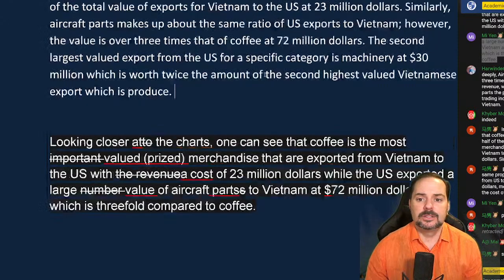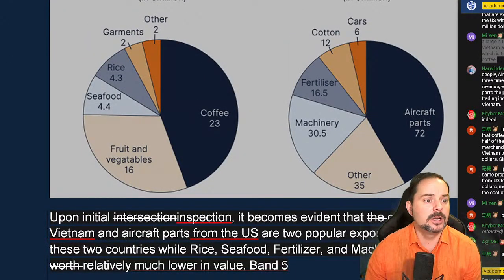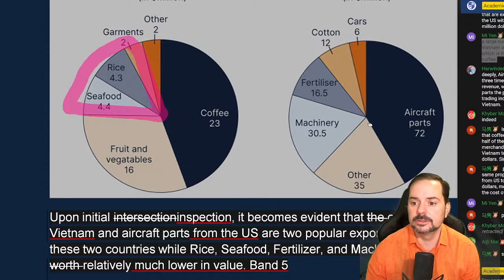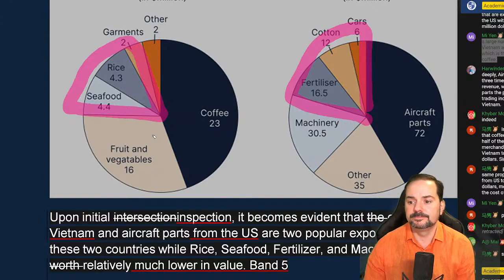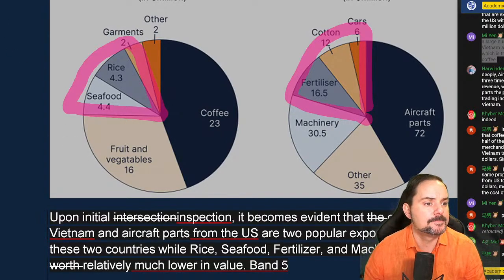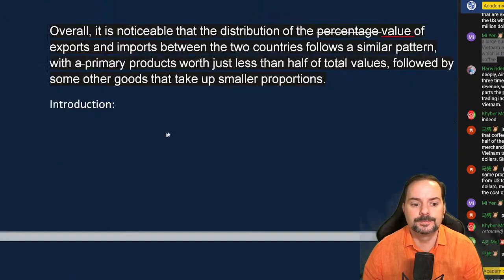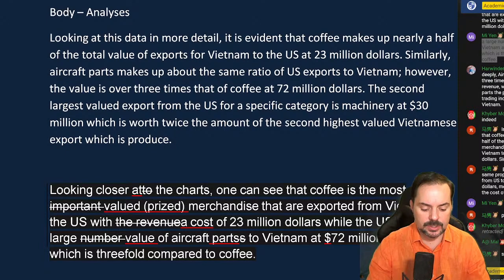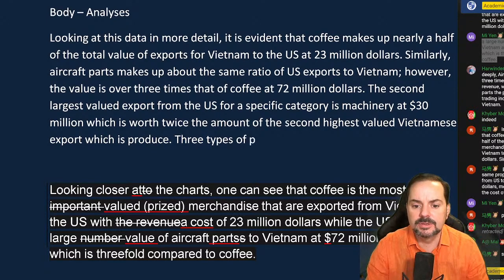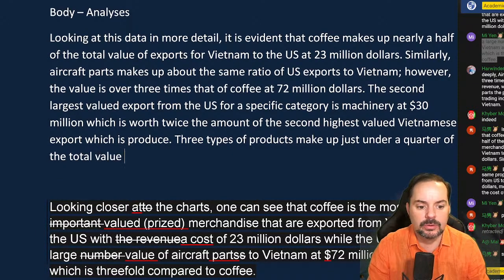Okay, so I'm going to go back here and now I'm going to compare these components here. I'm going to leave other as the last piece. So that's roughly, let's say, a quarter, maybe a little bit less. Let me write that. Okay, I got to get going here. So let's move along. So 3 types of products make up just under a quarter of the total value of exports for both countries,